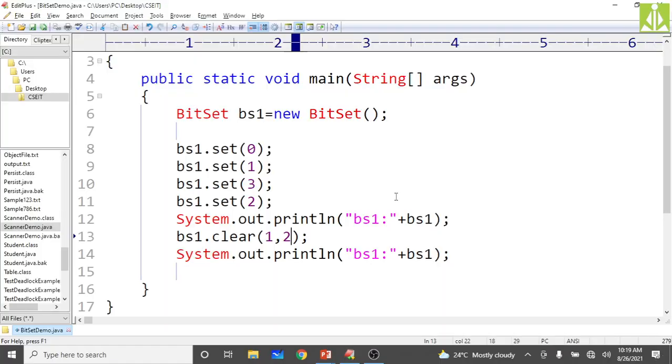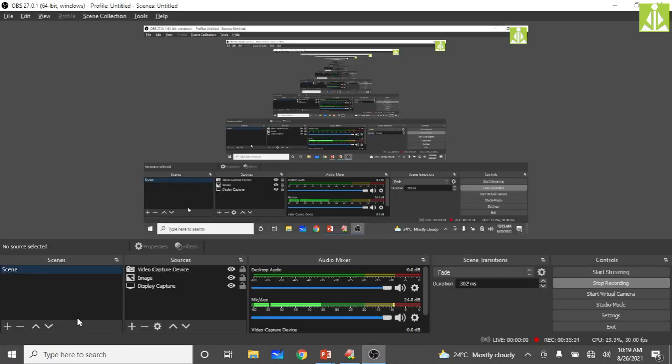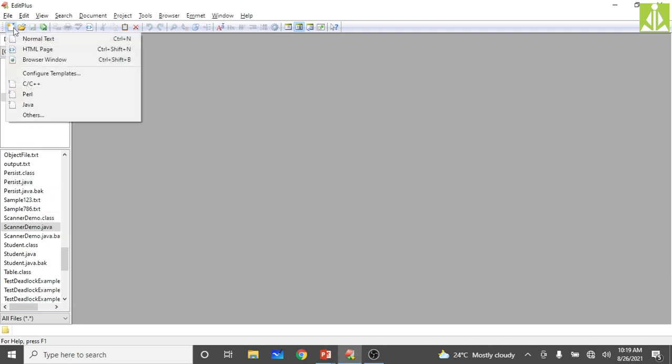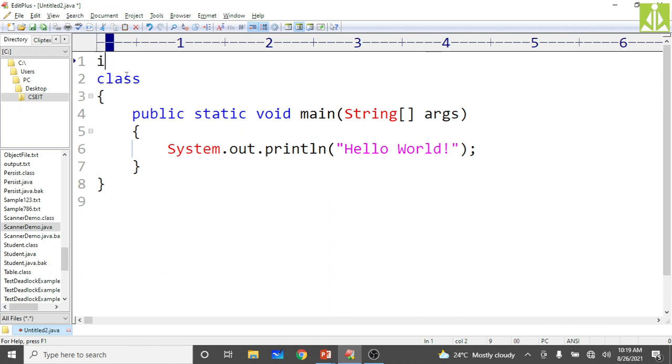So just go to your EditPlus and open a new file, and take it as a Java file, and here import the package, import java.util. As we are using only the date class, why import the complete package? If I put star, the complete package gets imported. I don't want that one, I want only Date. So put the semicolon at the end, and what we are doing over here, demonstration of date. Okay, DateDemo, like this.